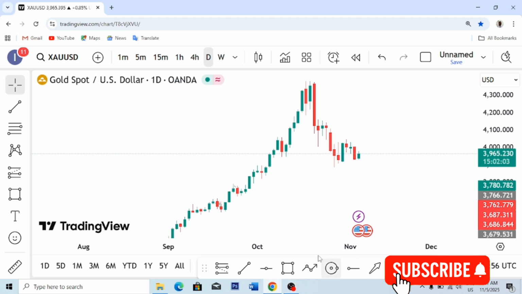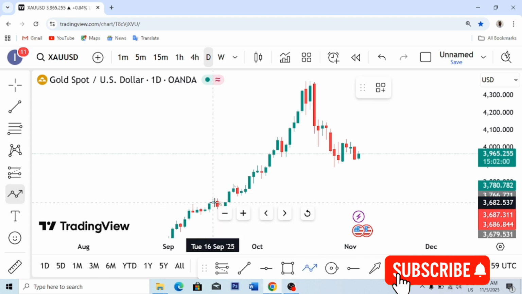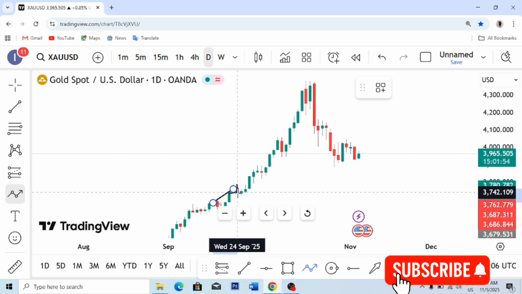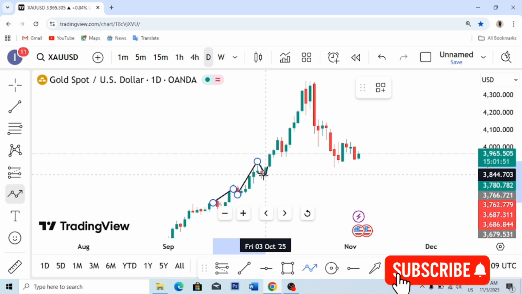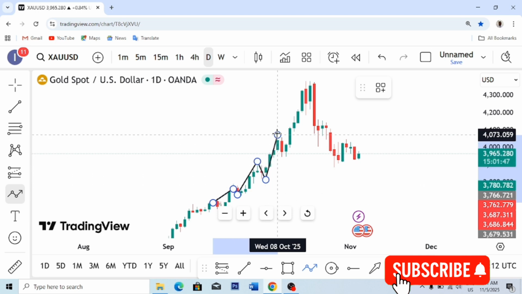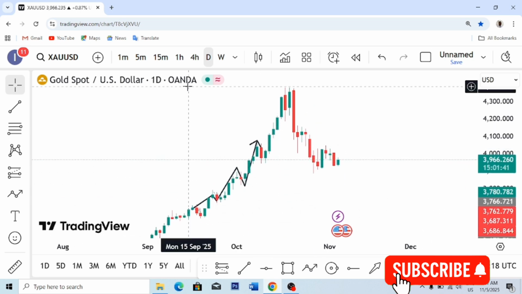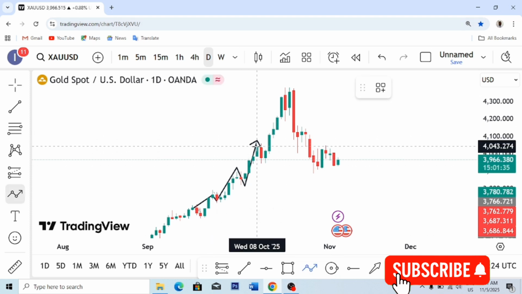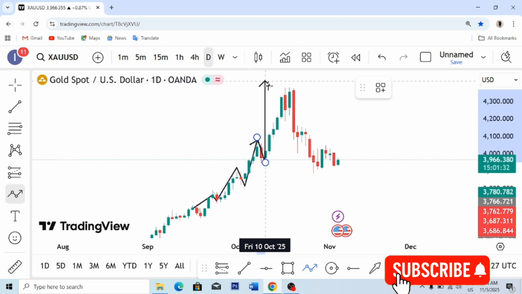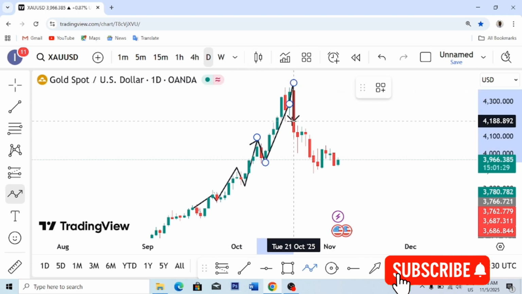It was then creating something like this. It was creating a kind of higher high, let's say higher highs right here, higher lows, a high, a low, a high, a low, a higher high, and then you see a beautiful bearish engulfing candlestick, and then the market broke to the downside,